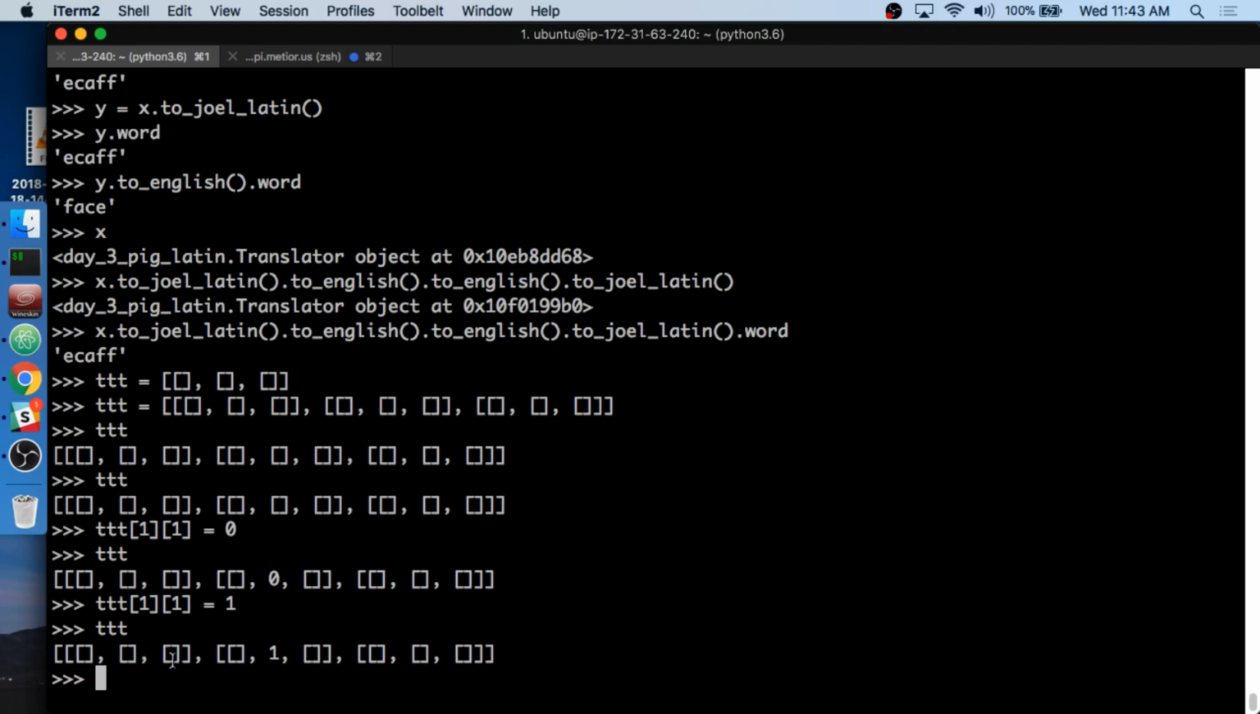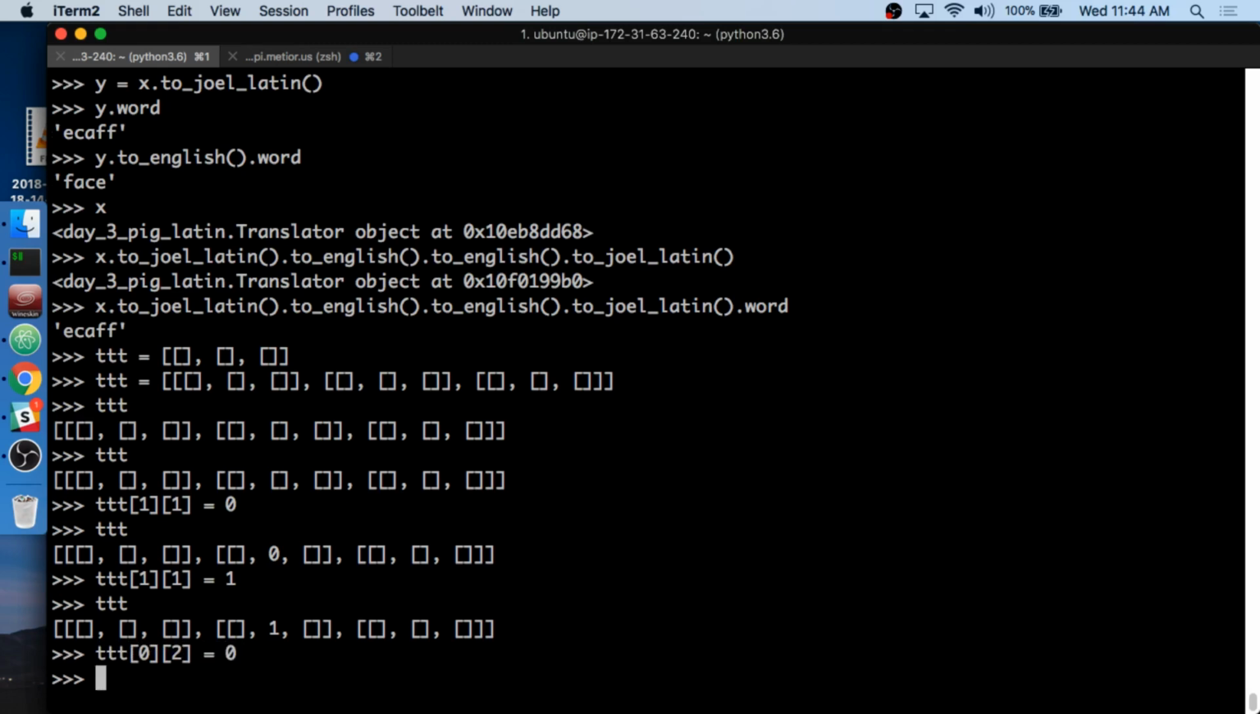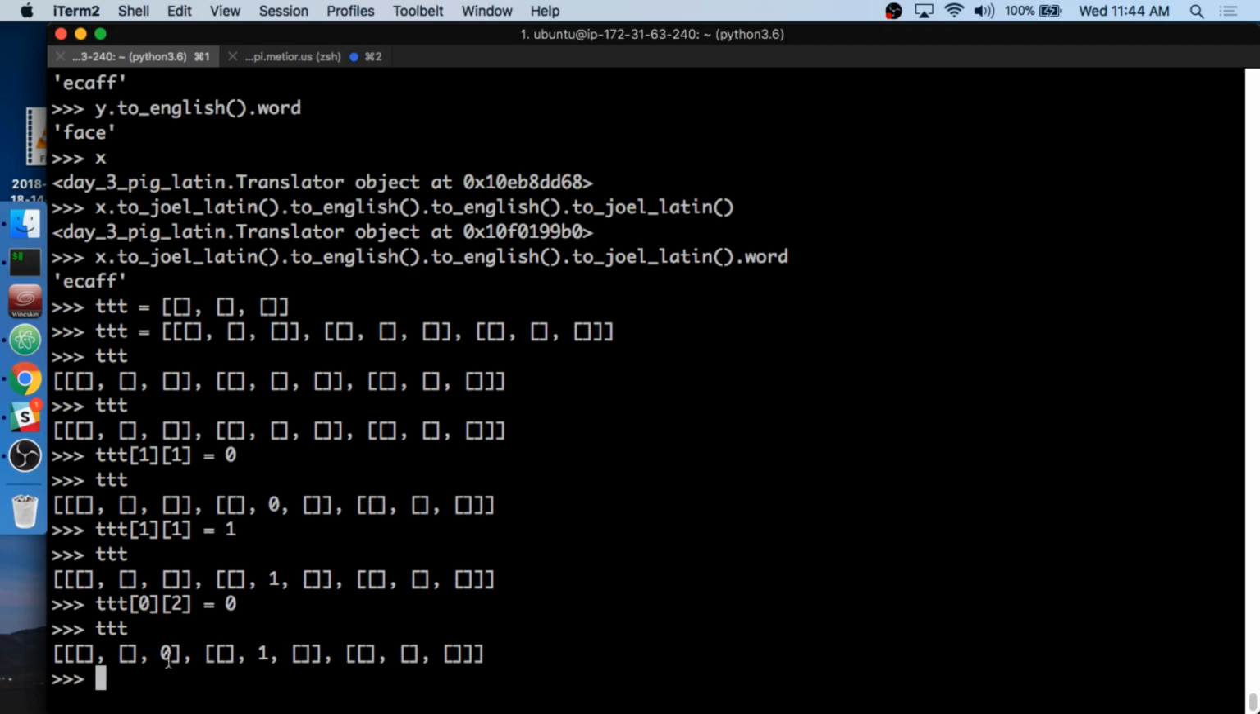I don't really know where I'm going with this right now. So what would my indexes be if I want to set the top right to 0? If I say TTT 0, meaning the first row, and the third column, I want to set this to 0. Now let's take a look. I would expect this one right here to be 0. And there it is, 0. So as I populate the board here,